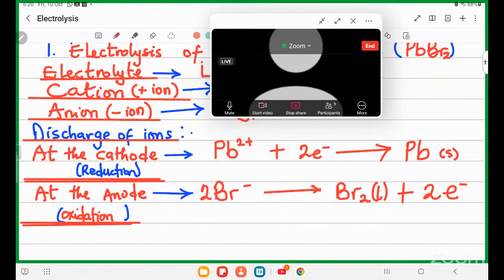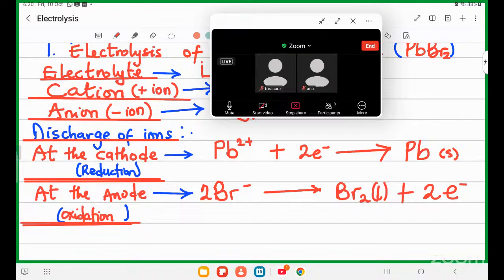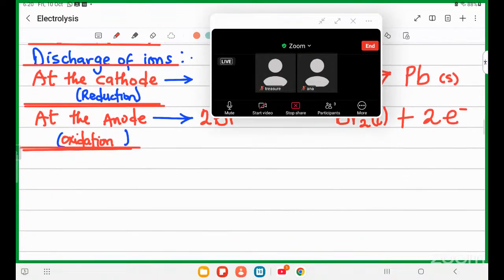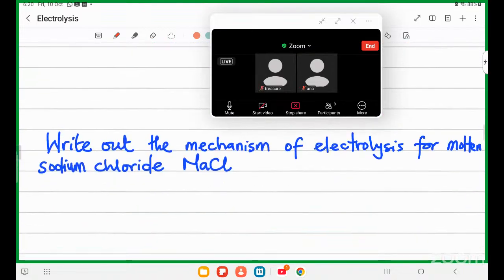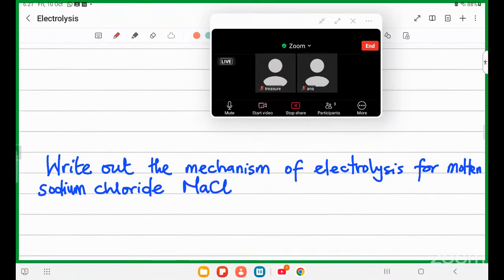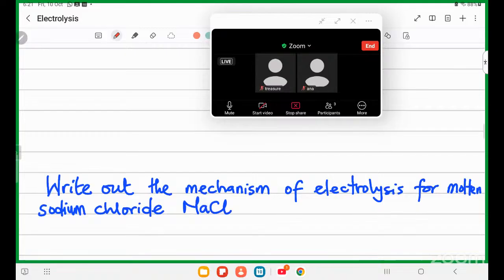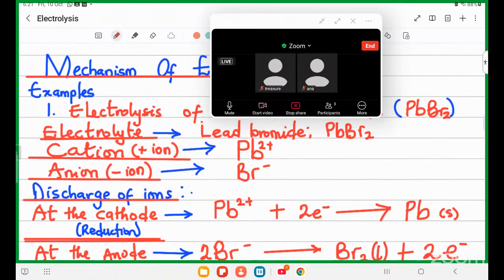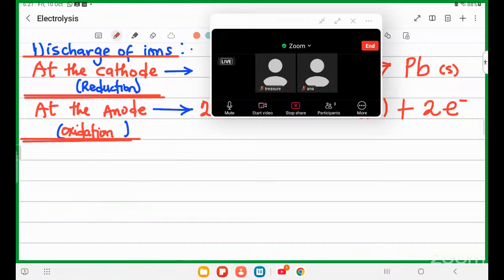So you should be done with this now, right? Yes, sir. Okay. Now you have a challenge here. It says you should write down the mechanism of electrolysis for molten sodium chloride. Now you're not going to write this. I will do this as a second example, while this one is serving as the first example. So we have the second example,